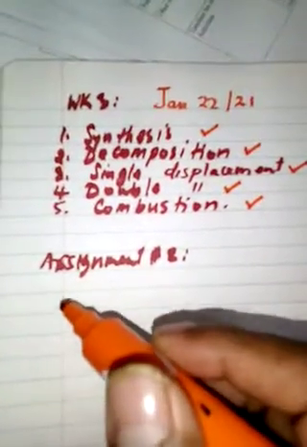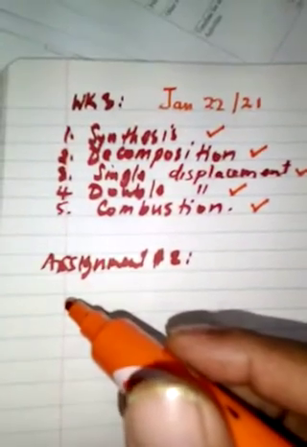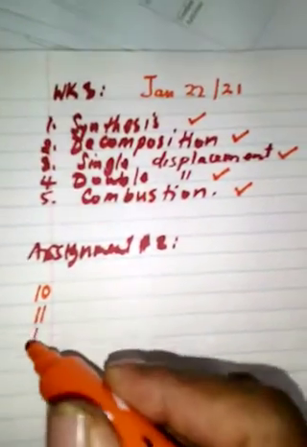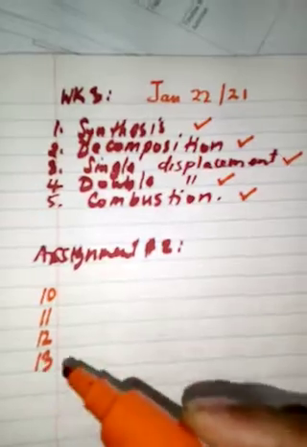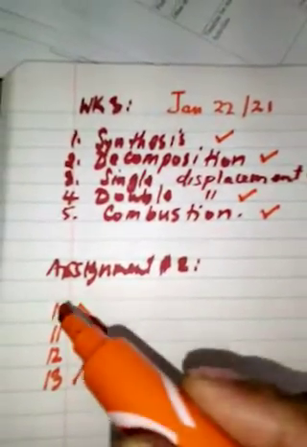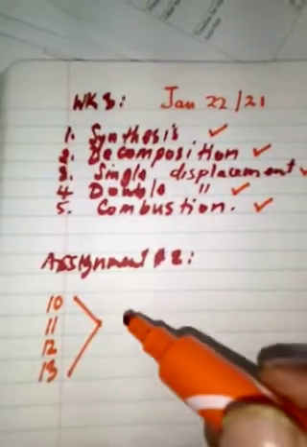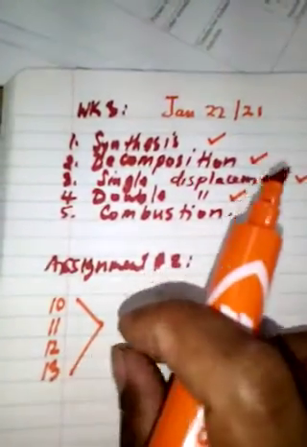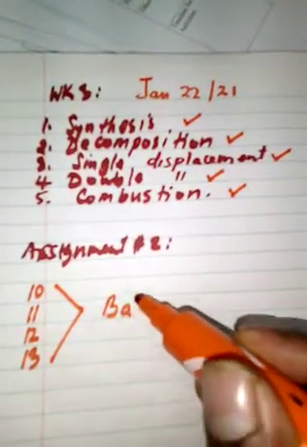Okay, I'm moving into assignment number 2. In assignment number 2, you are expected to continue on with the balancing of chemical reactions. So question number 10, 11, 12, and 13. There are a few questions that involve complex chemical reactions, so you need to learn how to balance the chemical